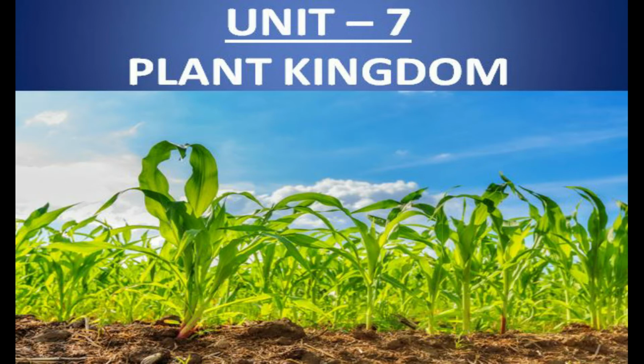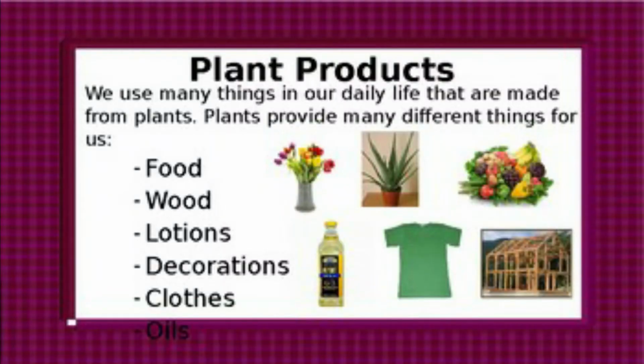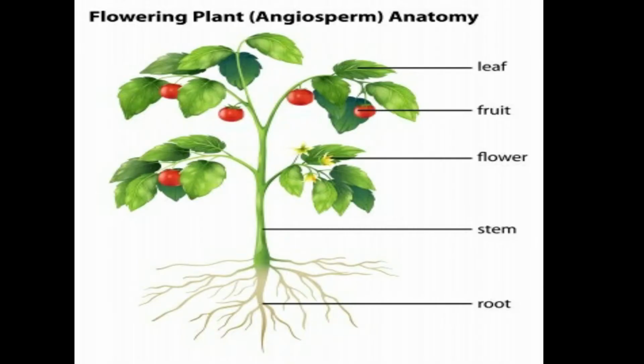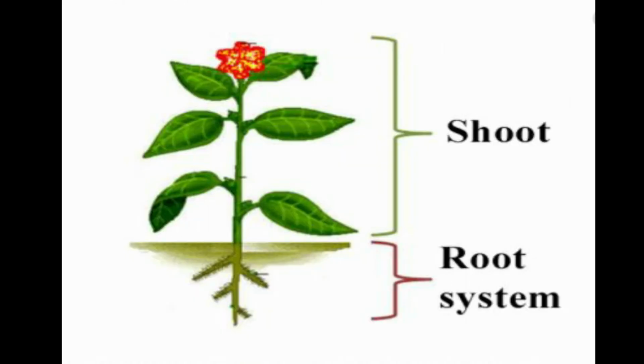The main topics are parts of a plant, the root system, the shoot system, and balance in nature. In previous classes, we learned that plants are living things and they provide us food, clothing, shelter, wood, rubber, and oxygen. It is important for us to learn more about the plants. Our first topic is about parts of a plant. The plant's body consists of two main parts, the shoot system and root system.